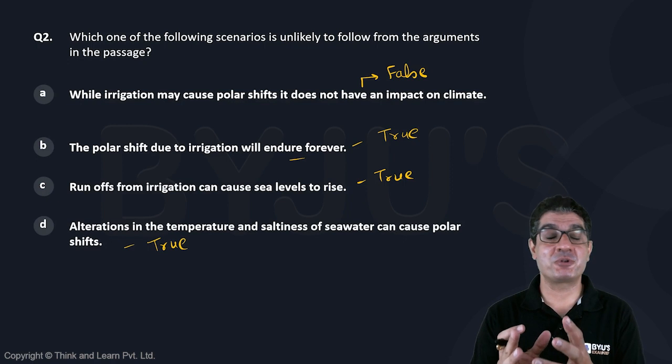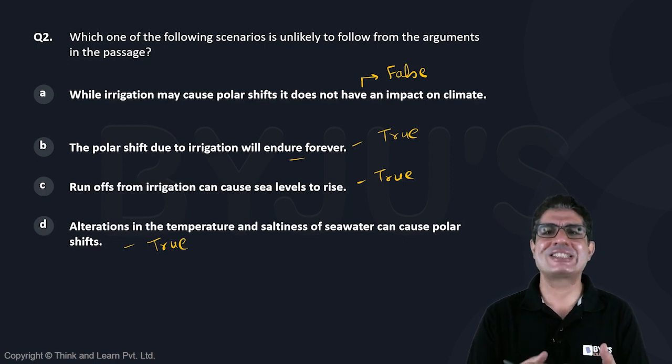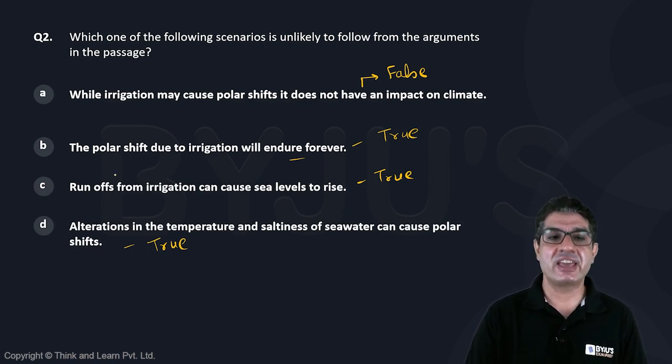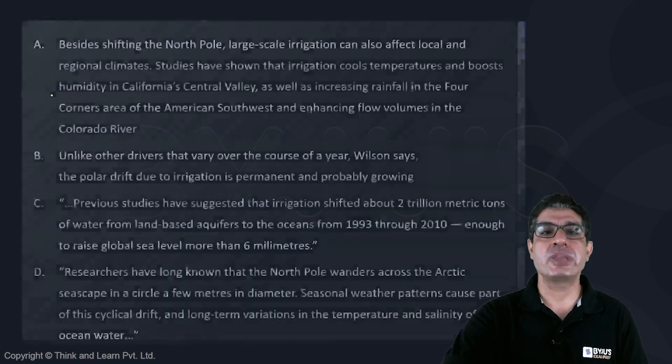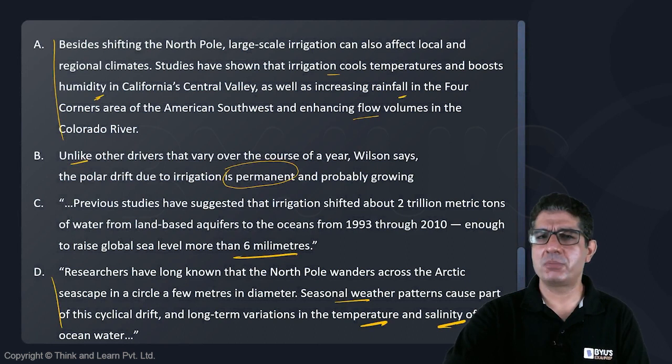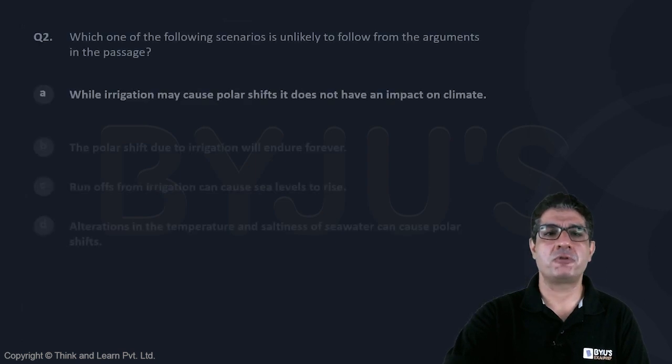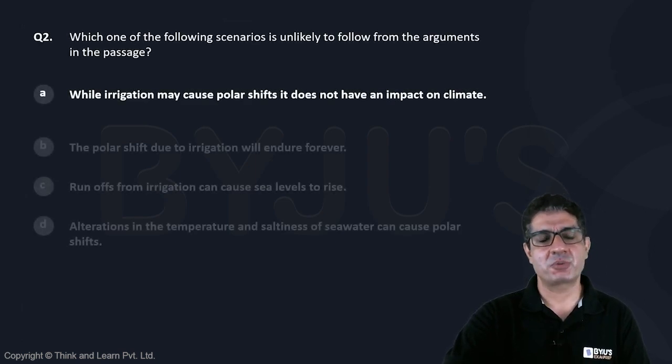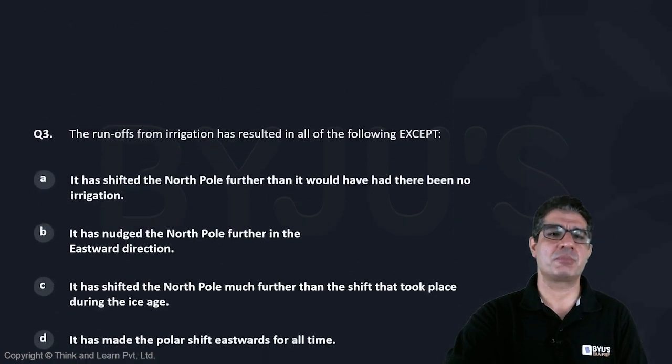We don't even have to figure out what is closer to false. A is straight away false, and therefore our answer to question number 2 should be option A, all because it turned out to be false. So A it is for question number 2. Let's dive into question number 3.